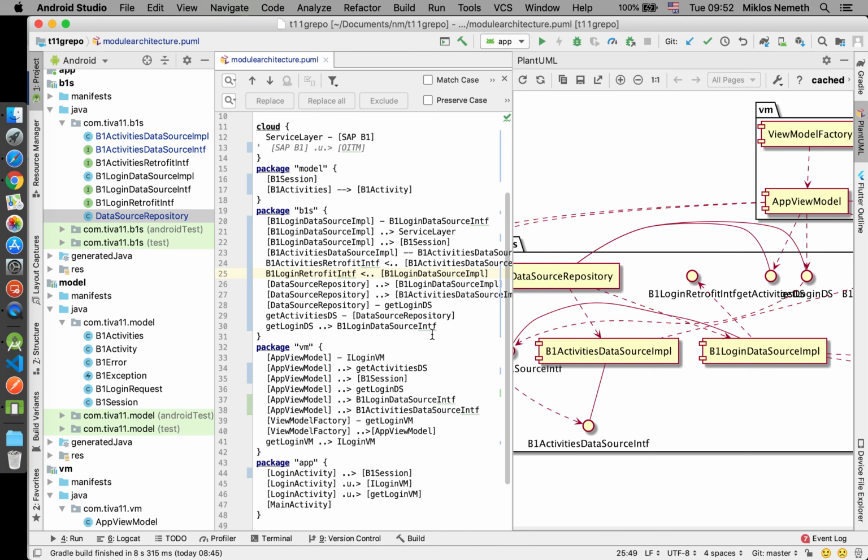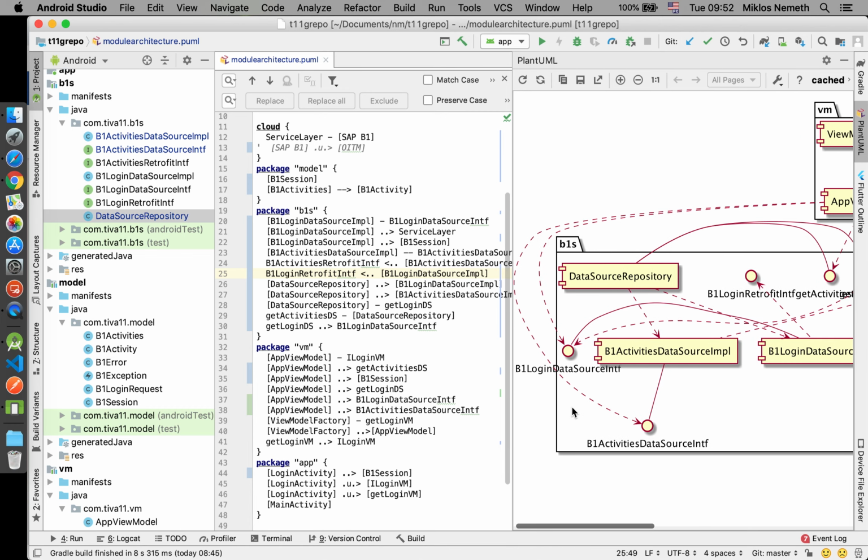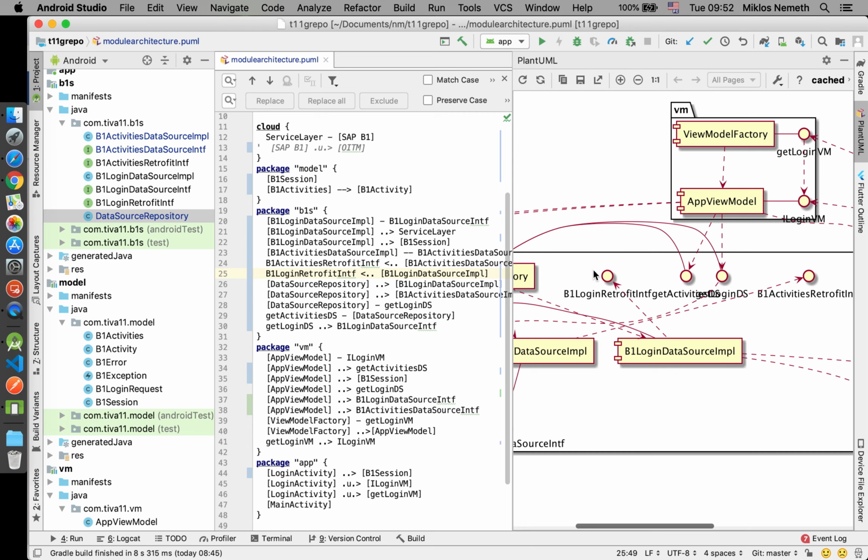The nice thing with this PlantUML support of this navigation plugin is that when you define your components, it shows you what components are available. Yeah, so this is here our